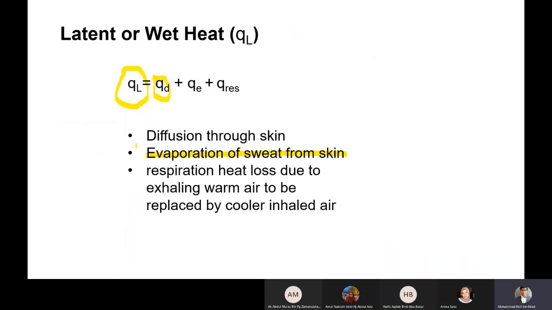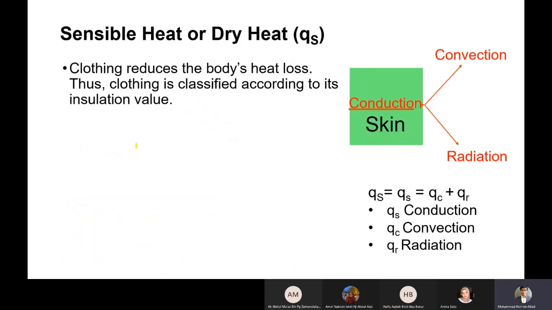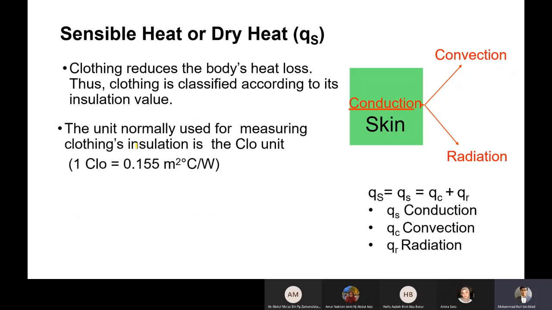Okay, and next we'll go to the QS. Sensible heat, or QS. What is that? Okay, you have heat produced from the metabolic reaction. So the heat is transported through the surface of your skin. So this is your skin surface. Yeah, through conduction, because there is nothing flowing outside. So it goes through conduction, and then from the skin it goes through convection because of the air blowing,